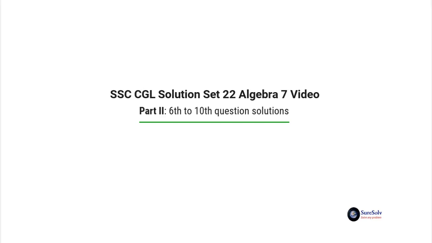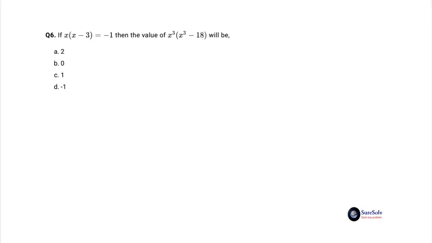Let's solve the first problem. Question 6 is, if x multiplied by x minus 3 equal to minus 1, then the value of x cube multiplied by x cube minus 18 will be option A 2, option B 0, option C 1, and option D minus 1. Comparing the target expression with the given expression, we decide to raise the given expression to its cube